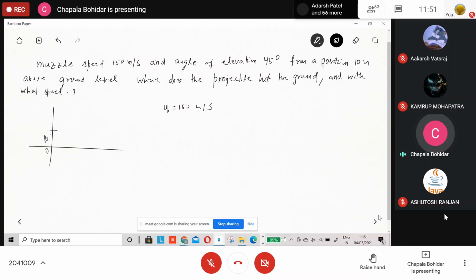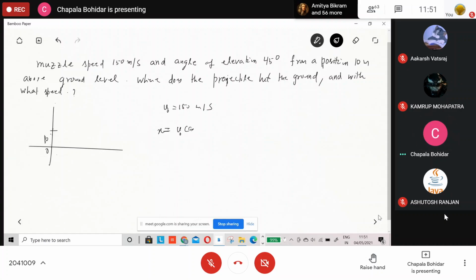So it is 10 meter above the ground. So in the y expression, we must add 10. So what is our x? x is the value from your formula. What is it, we got the x? That is your V0